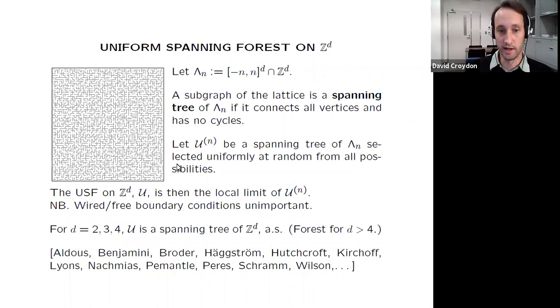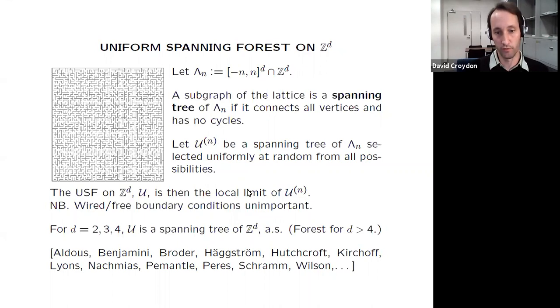Like I said, that's an easy thing to understand in the finite setting. A natural thing to want to do is, we've got this parameter n here, we want to let n go to infinity and see what happens. So can we extend this model to the whole of Z^d? Pemantle showed indeed that we can, in the sense that as we let n go to infinity, there exists a local limit of these graphs.